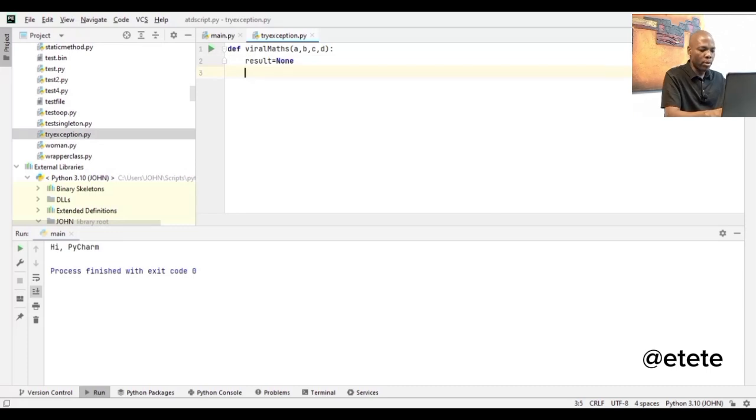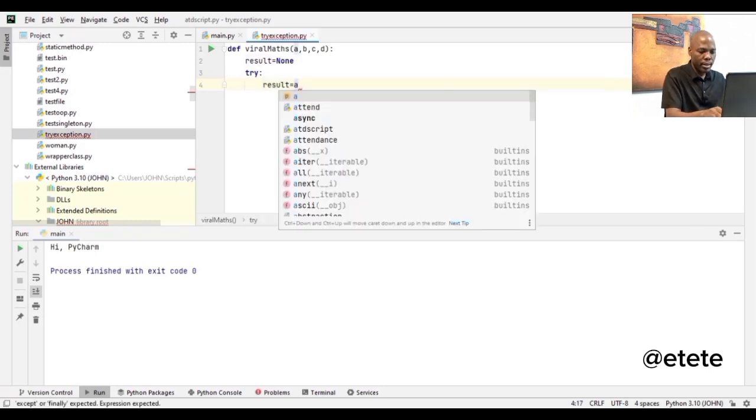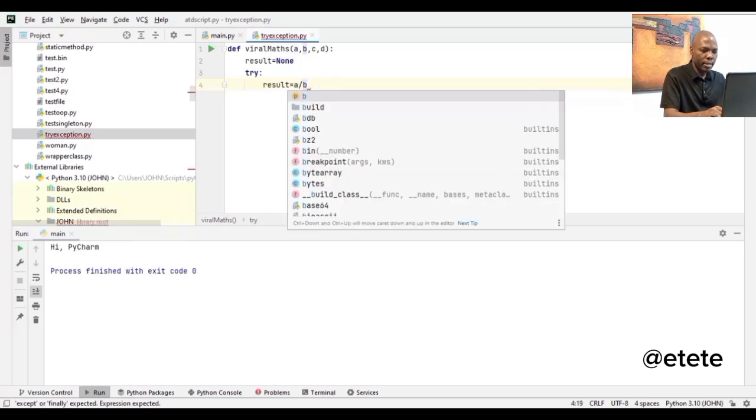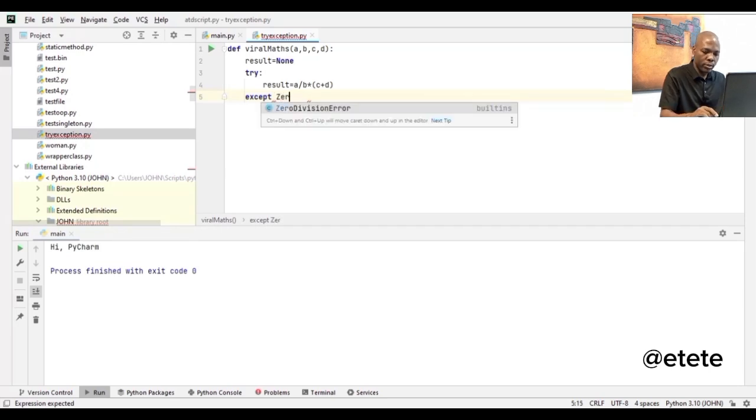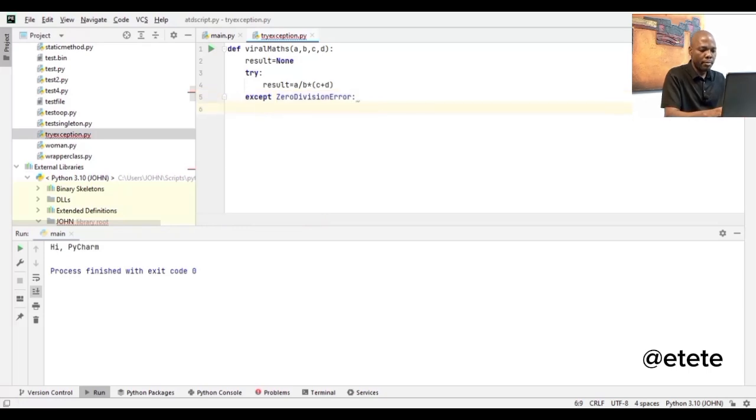Then I will come to my try block. So this is my try block. Inside this try block, I will say result equals A divided by B, multiplied by C plus D. And then I will come here and say except ZeroDivisionError, enter, and print out